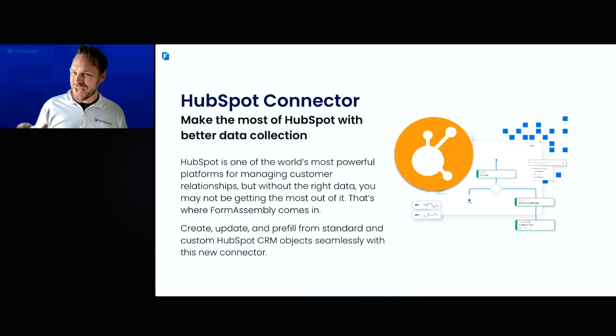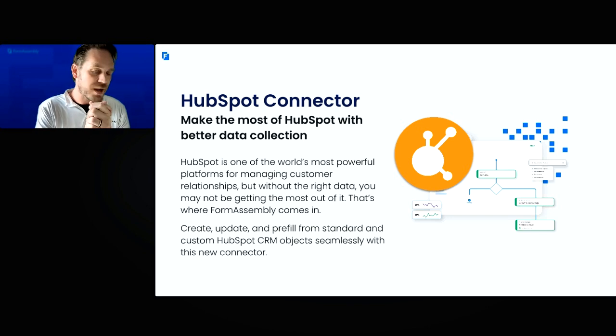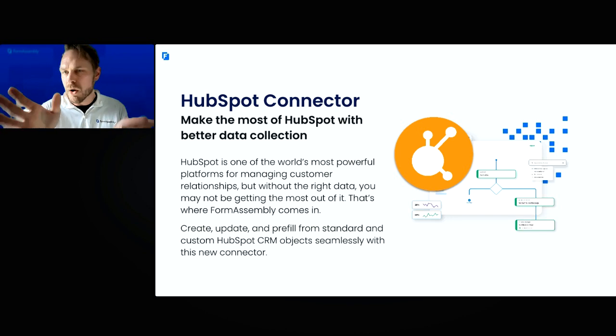Also, this year, we're releasing our HubSpot connector. Many of you, as our poll shows, use FormAssembly to connect to your Salesforce CRM. But that's not the only CRM that's out there. And indeed, it's not the only CRM that our customers use. We are excited to bring all of the CRM use cases that you already have in practice with Salesforce to